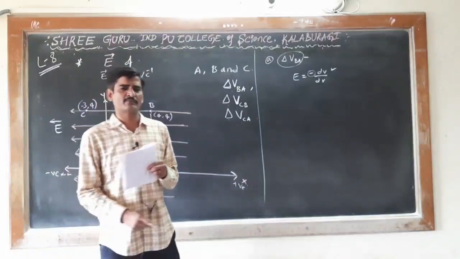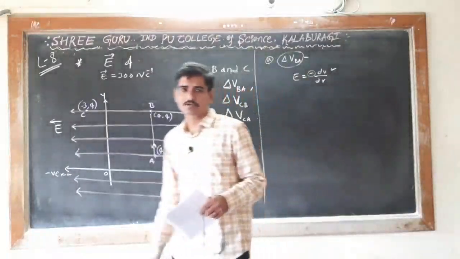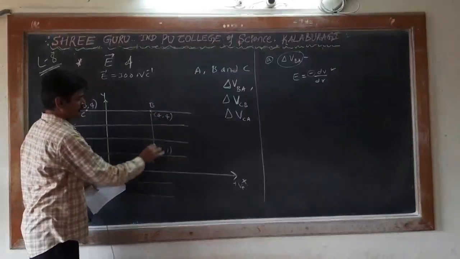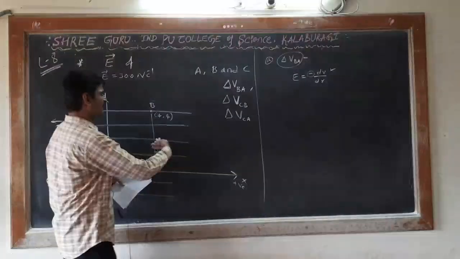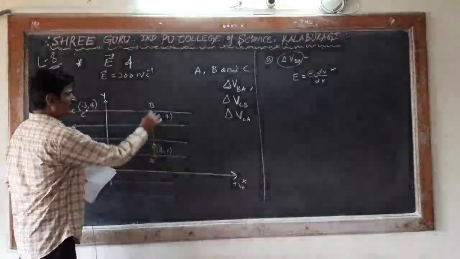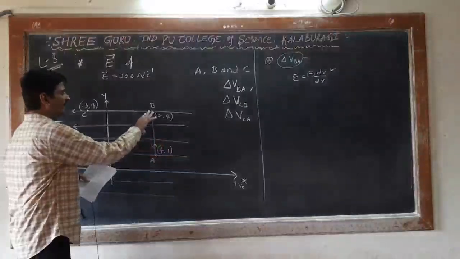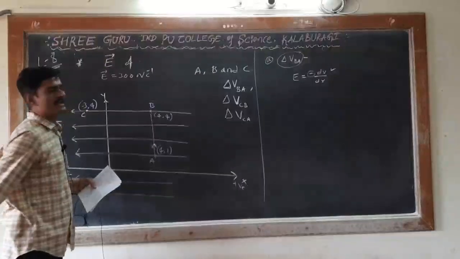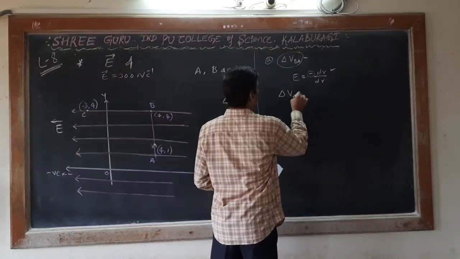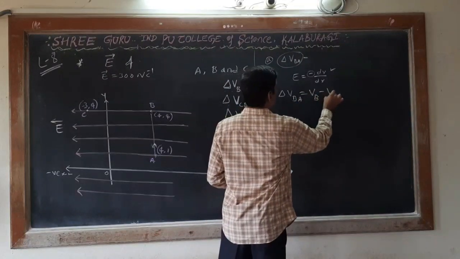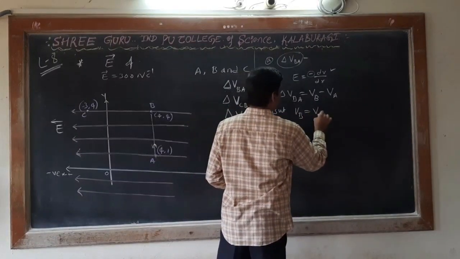On that day, equipotential surface also I explained. Negative sign I explained like this. Two points which are vertical in an electric field and perpendicular to the direction of the electric field, between the two points, if we draw a plane, that plane is called an equipotential surface, and then A and B lie on the equipotential surface, so therefore potential difference between them is 0. That is, delta VBA is equal to VB minus VA, but VB is equal to VA because